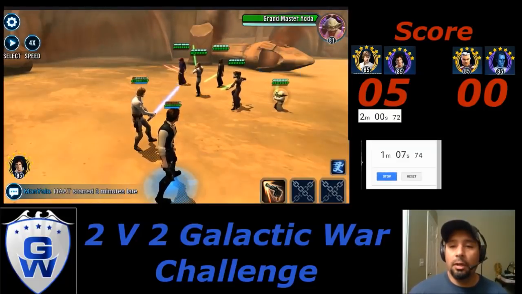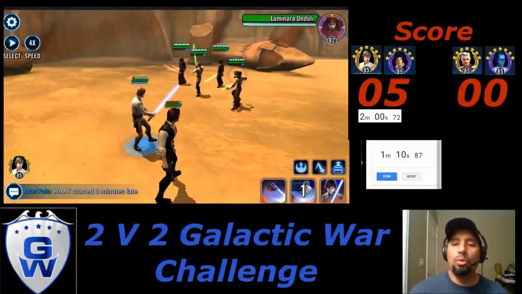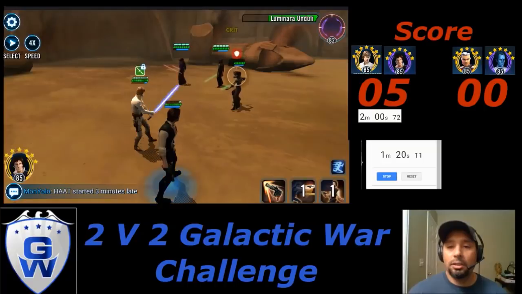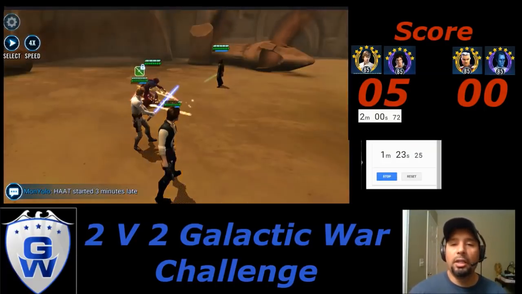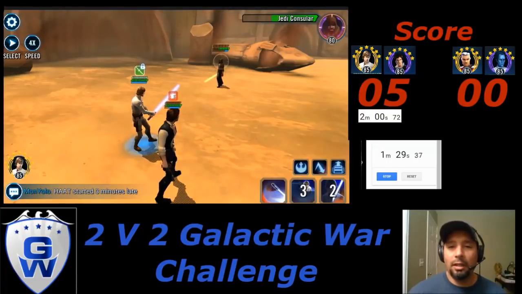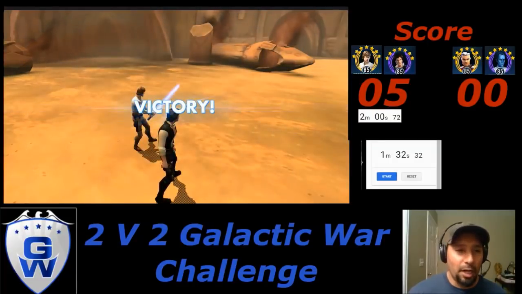Gonna go after Yoda. That's the problem with me intervening. Oh! And then we'll do that. We'll go like this. We'll do some damage to Qui-Gon Jinn. I just annihilated that dude. Now we'll get rid of Luminara Unduli. Oh! Gotta get ready on this timer, because we might just annihilate these dudes without even trying. There's the victory! A minute 32 so far on phase 2 of this